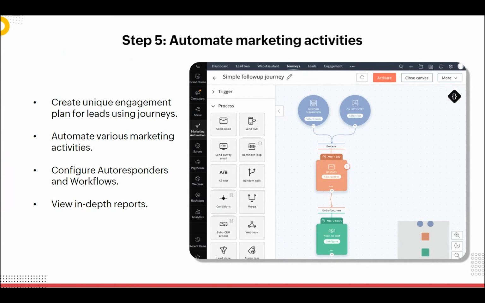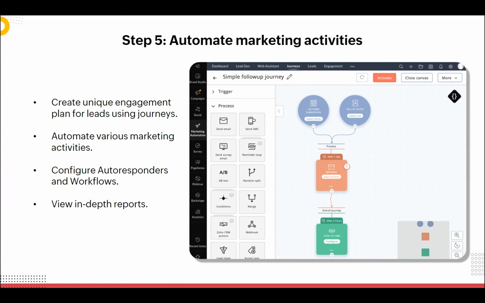With this, you can send emails, offers and wishes on birthdays, welcome emails, anniversary emails, or promote events and follow up with registrants and non-registrants. You can do a lot of things in here.